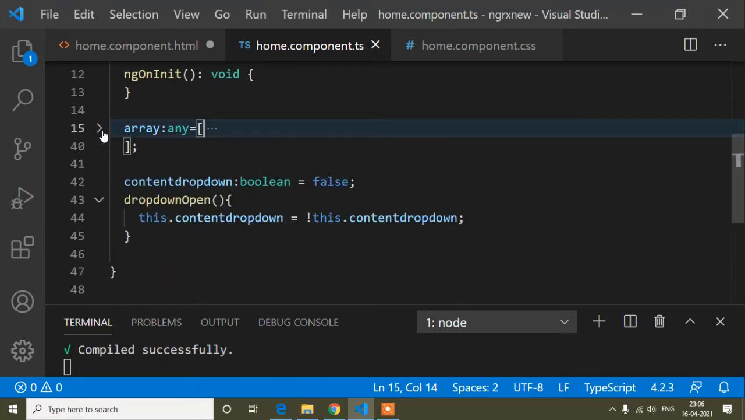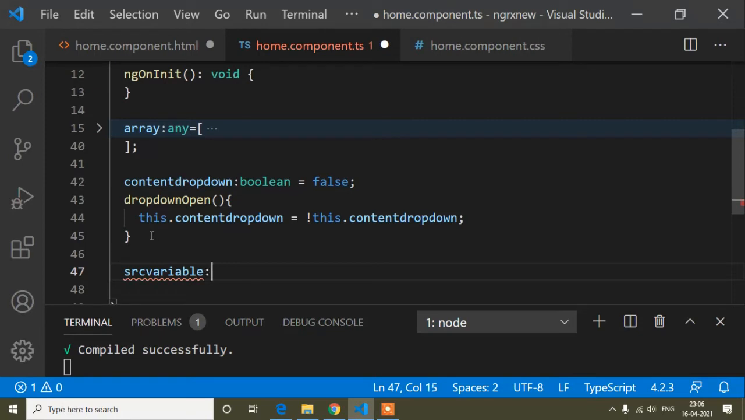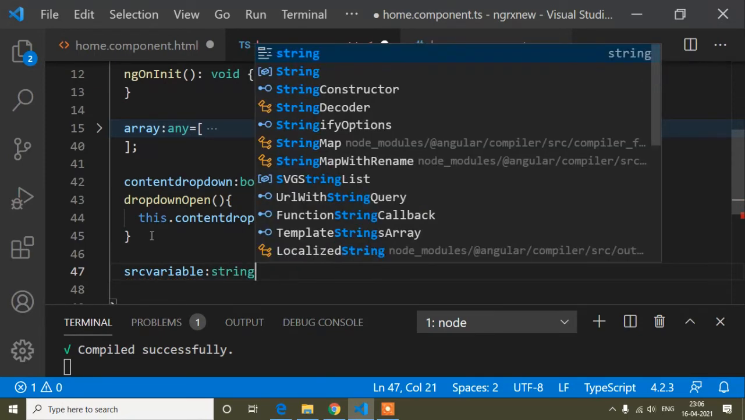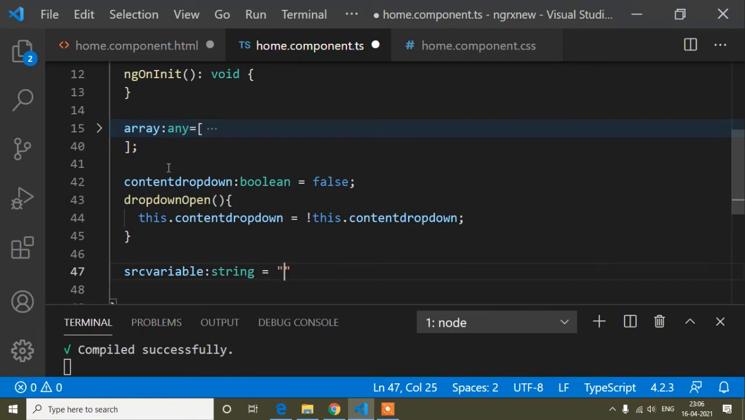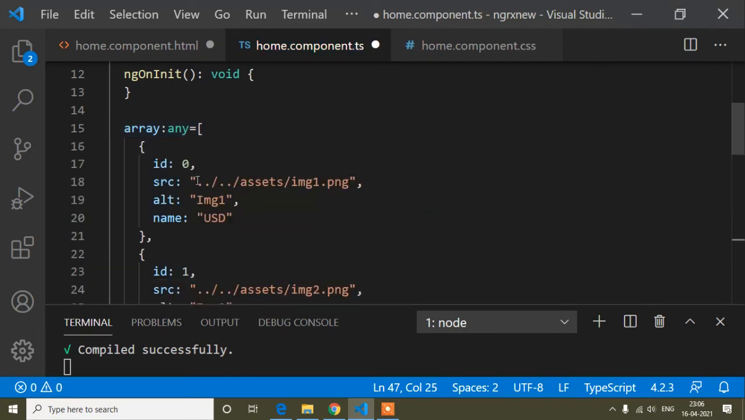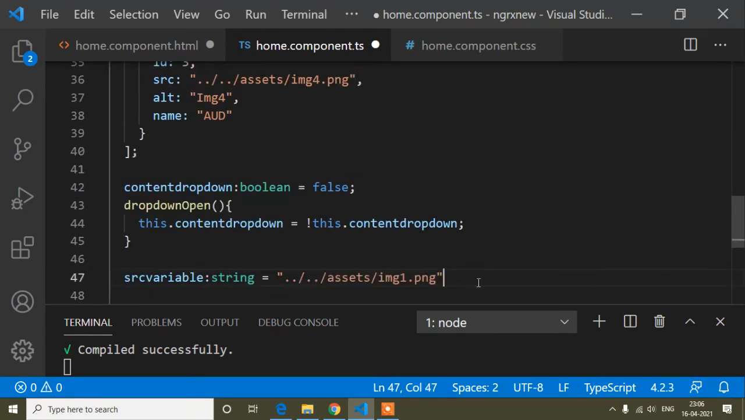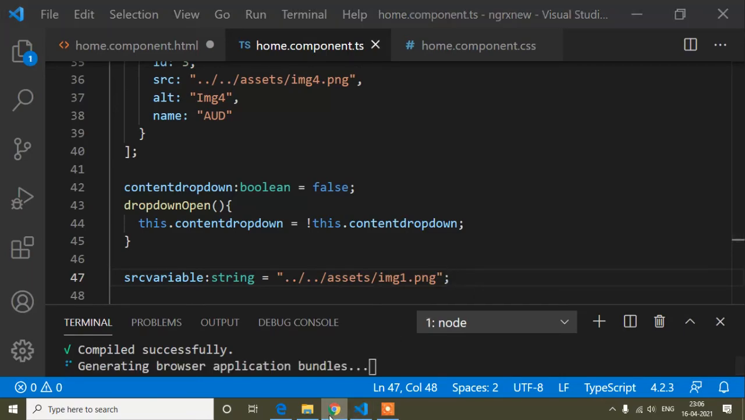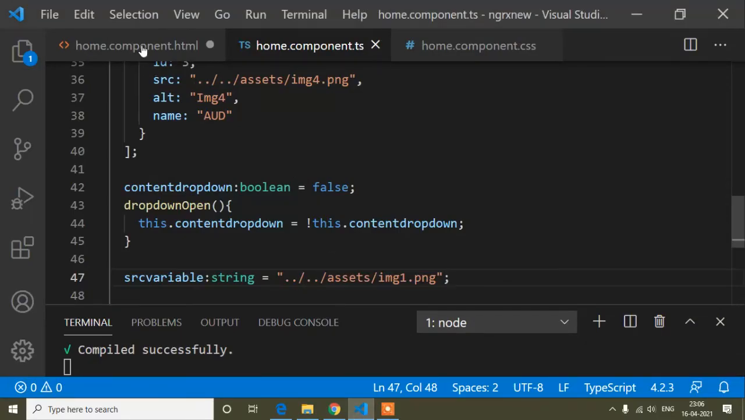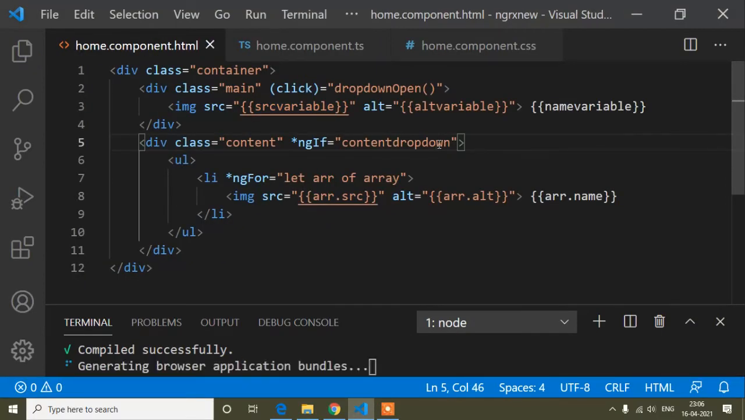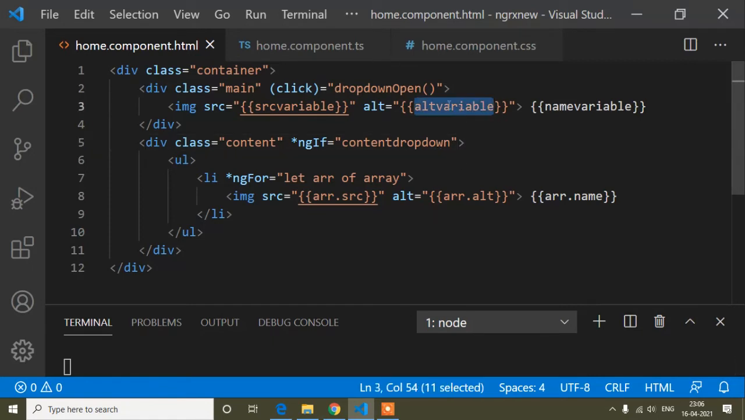Inside this source variable default, I will minimize this array, and now here I will paste this source variable, and type is string. And inside this source variable, first of all, by default I had set the first image, alter tag first image 1, and the name was USD. So by default I will set the first image. First of all I will show that you will find here is nothing. Just wait guys, if I save here,